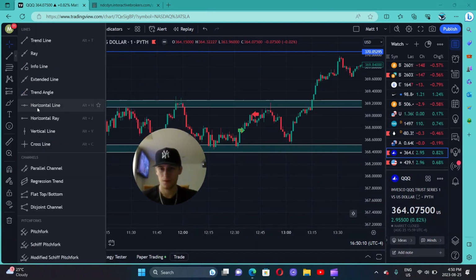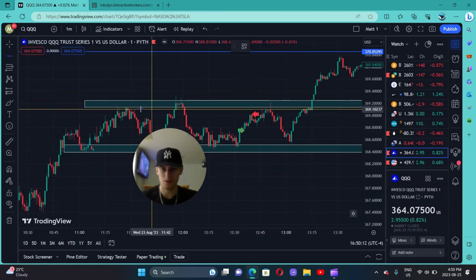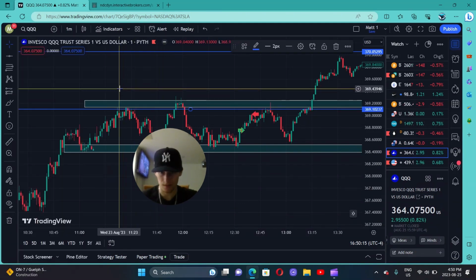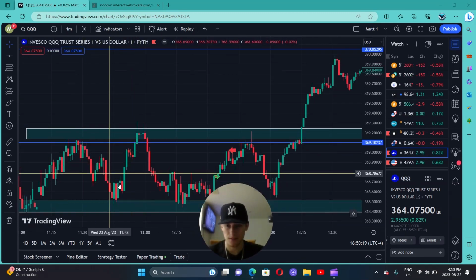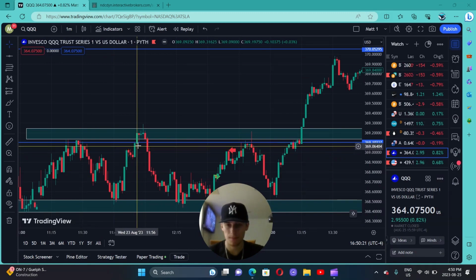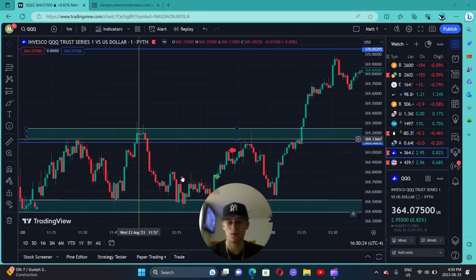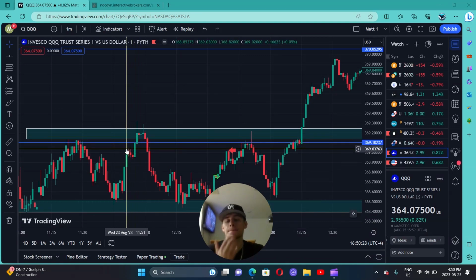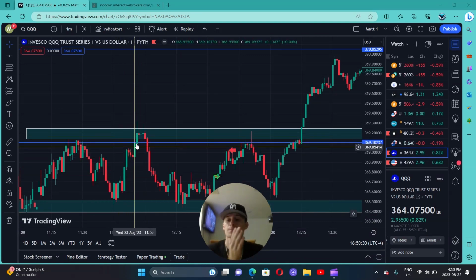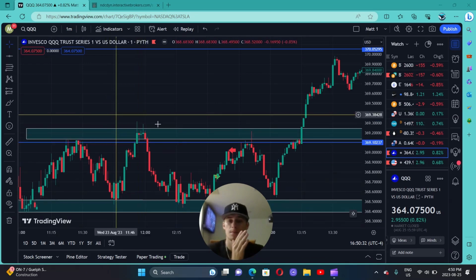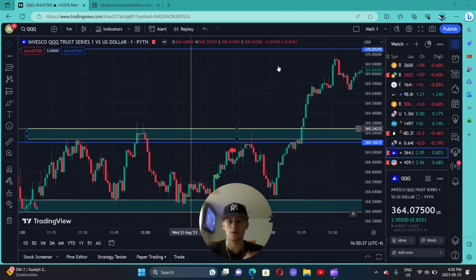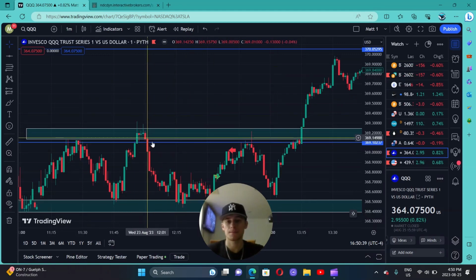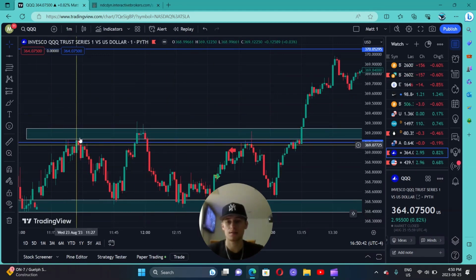If I just put a horizontal line right here and went off that, as you can see, the price went up, it went past that. So if you didn't have these boxes, you would just think, oh, okay, the buyers push back up off that resistance level, and maybe we're going to get a retest off that resistance level and go back up. But because I have the box,